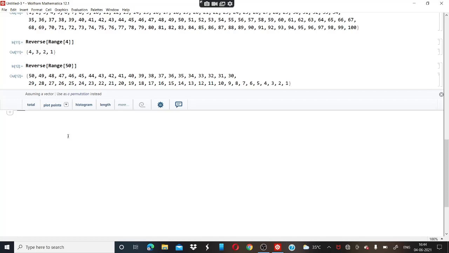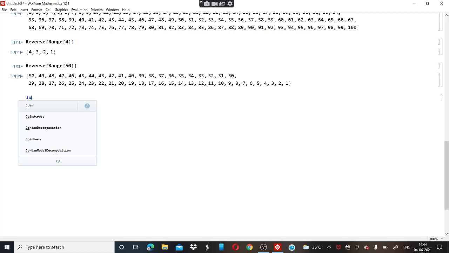Now in the next question: use range, reverse and join to create a set that is 1 2 3 4 4 3 2 1. As the question already suggests, we have to join a range and a reverse range. So we will write join in brackets.